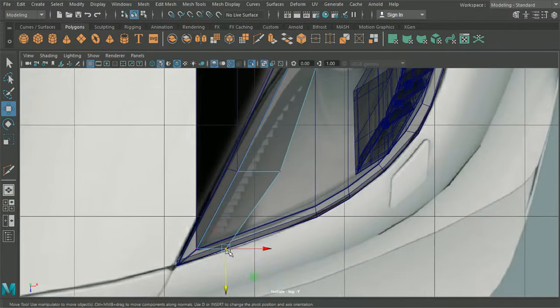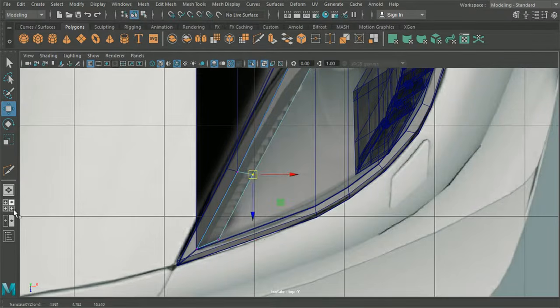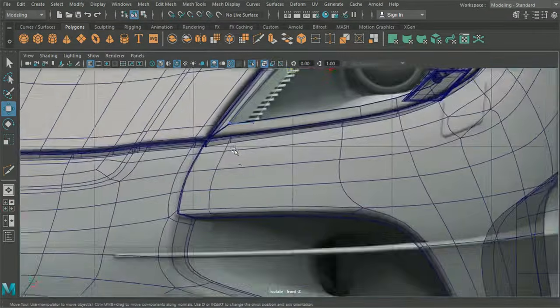And then we can use our view up here to kind of get in the right spot. So maybe we'll use the front view here.